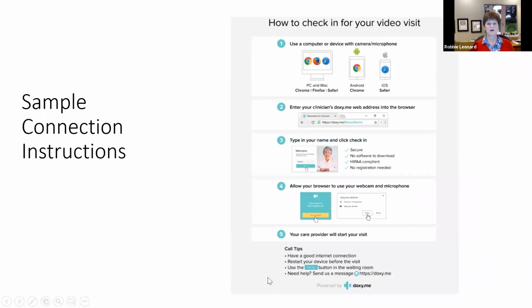Here's just a sample connection instruction. This is from a platform that exists that many therapists are using called doxy.me. And so these are the instructions that they have that you can provide to your patient for connecting. And it's actually on their website for the patient to click on and get instructions on how to connect for a telehealth session. So again, you want good instructions for your patient to follow. You want them to understand what to expect and what they need to do to plan for their session, and have good information on how to connect with you when that date and time rolls around.